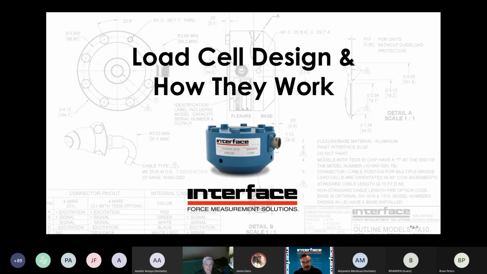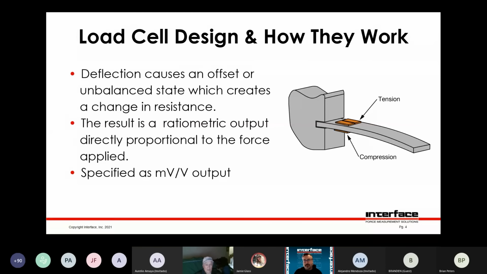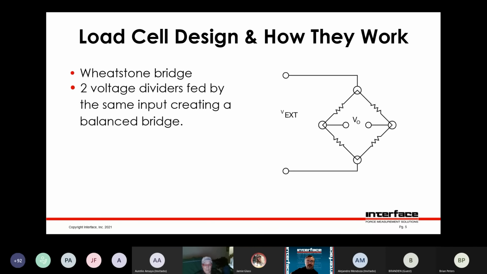Some of you may know how a load cell works, some may not, but basically a load cell is a spring element, typically made out of metal. There are strain gauges mounted on the metal in such a way that when the load is applied to the load cell, the metal stretches a little bit. These strain gauges change resistance, and that's a repeatable effect. So a certain amount of load, a certain amount of strain into the strain gauges, a certain amount of signal comes out.